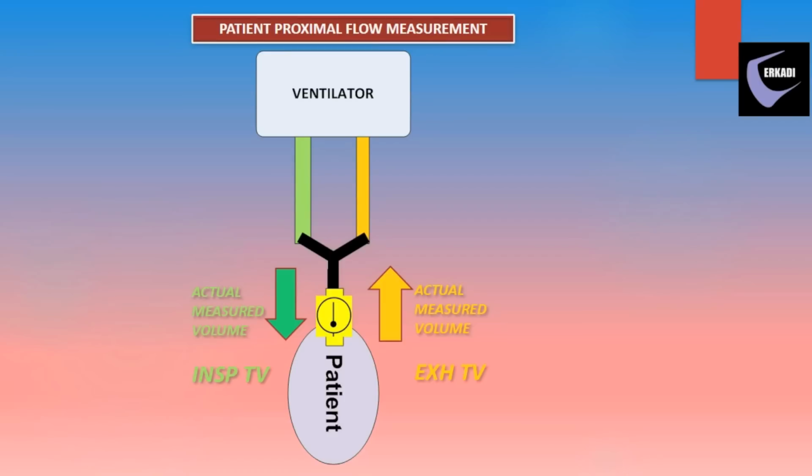The inspiratory and expiratory tidal volumes will have a small mismatch in all systems. This is on account of there being an accuracy level associated with any measurements. Generally, a plus or minus 10% accuracy is acceptable. Now we will look at two ventilators, one which measures flow inside the ventilator and the other which uses a proximal flow sensor.